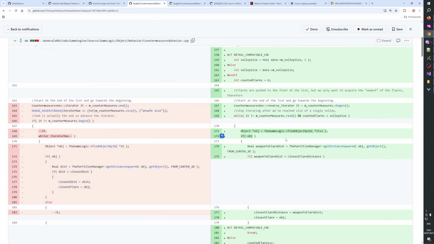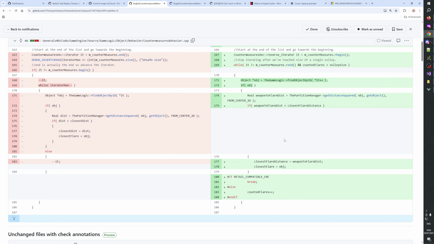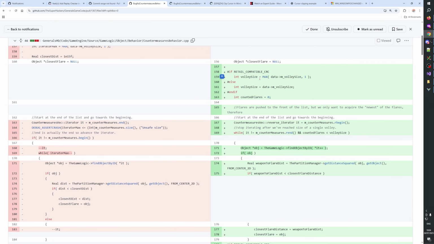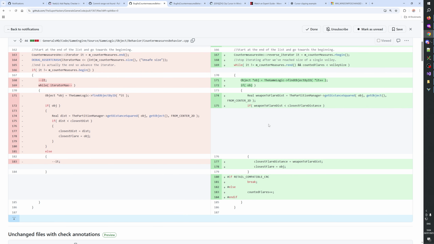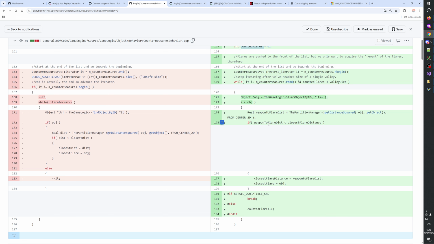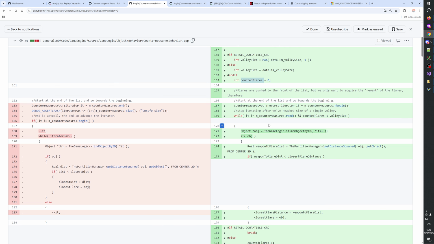Yes. I see. Okay, and then mounted flares.